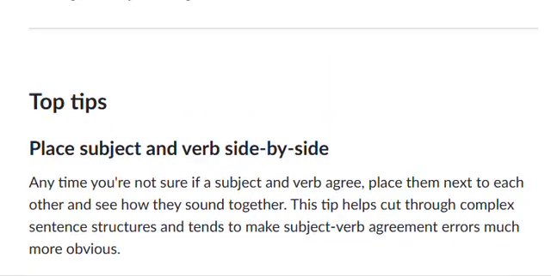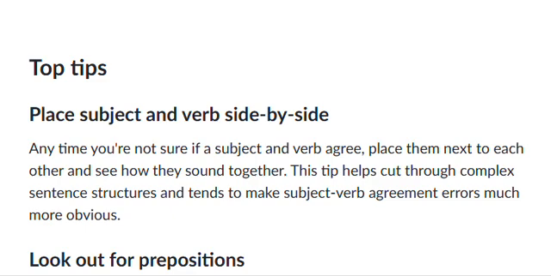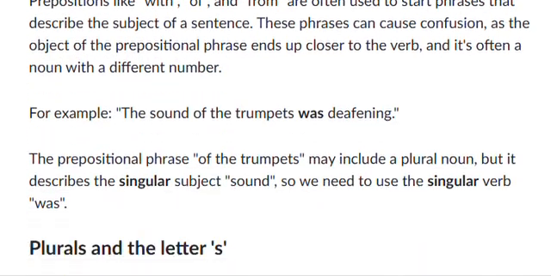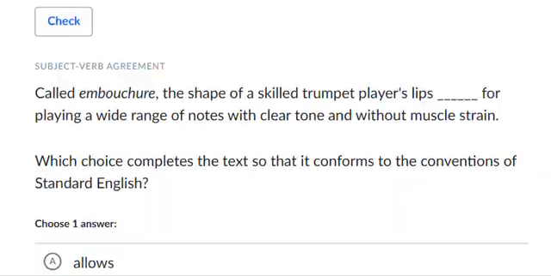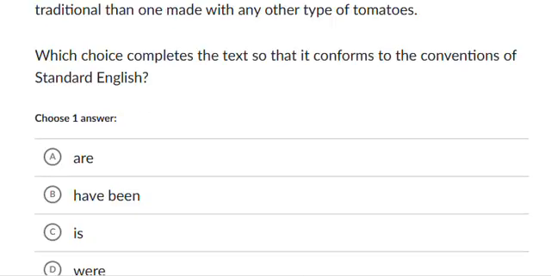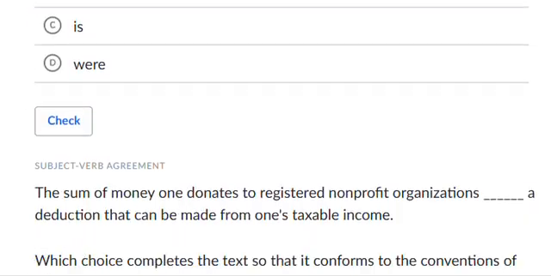So there are times when they flip the subject and verb, so we need to be very alert while solving these. The pro tips: place the subject and verb side by side. For instance, if it's "apples are" or "apple is," try to read them together. If it makes sense, then go for it. And look for prepositions, which is the same thing that I already told. So let's solve one of them, and then let's go.